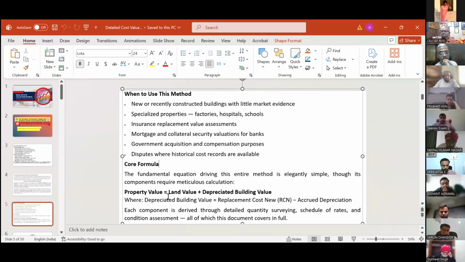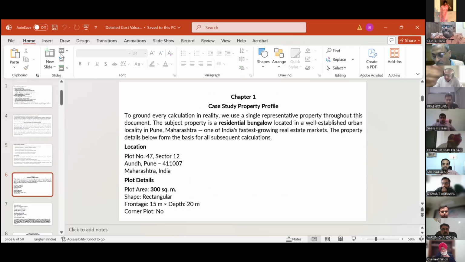So the basic formula will remain the same: property value equals land value plus depreciated replacement cost, where depreciated replacement cost is replacement cost new minus incurred depreciation. So now we will be taking an